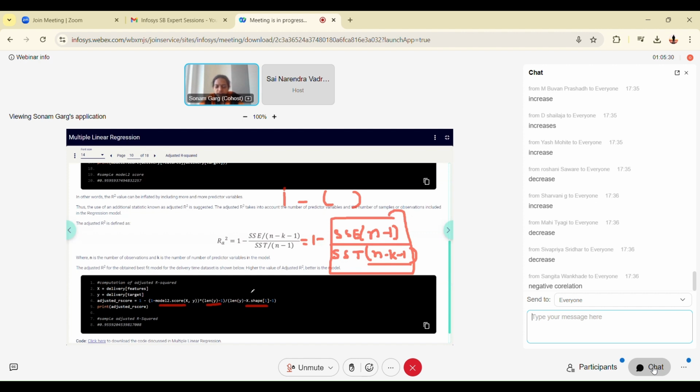So n minus k minus 1. We can put it in the formula to check the adjusted R score value, which is coming to be 0.95. Now you can see this adjusted R square value can be used for comparison with the actual model.